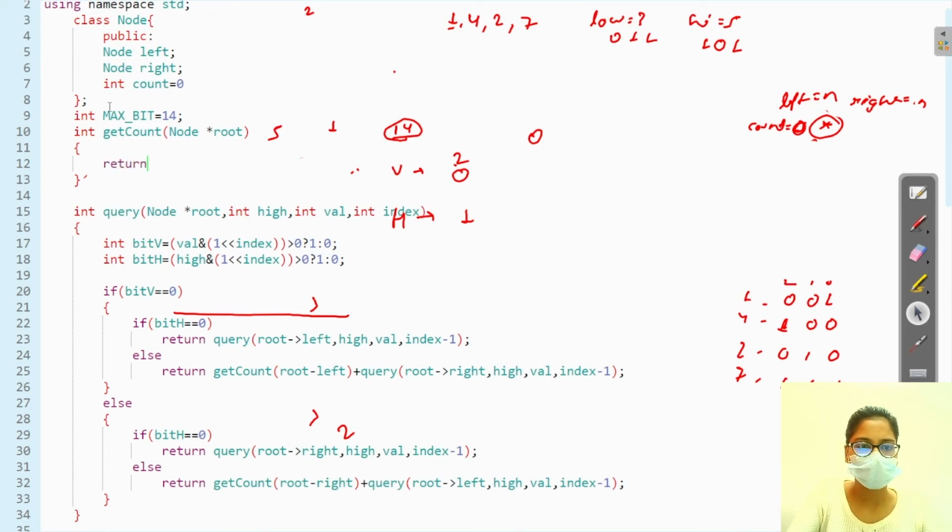We have to return if this root equals null, then we have to return 0, otherwise return the count of root. Okay, so now see,